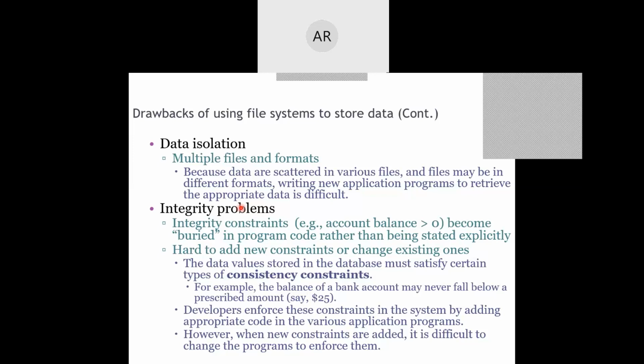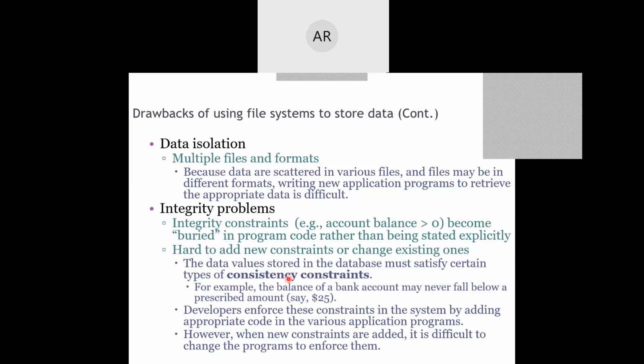Those conditions which we are trying to customize are called consistency constraints. Consistency means having some common nature. It means all the PIN numbers should start from 1 and should end with 60. That consistency constraint will be checked only in a database management system. That is not there in a file system.